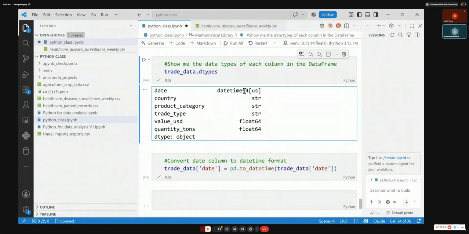Converting date. Convert date. Just write it. Keep typing. Type convert. Space.